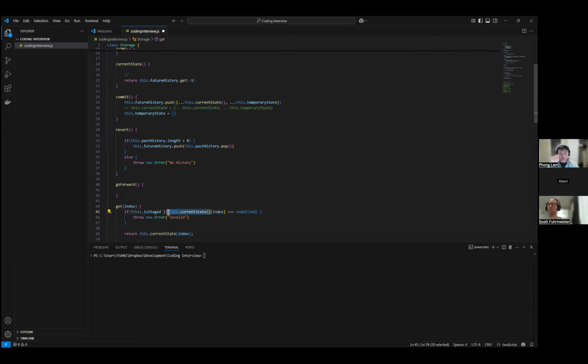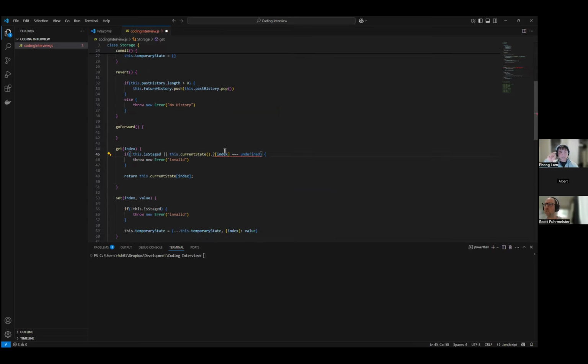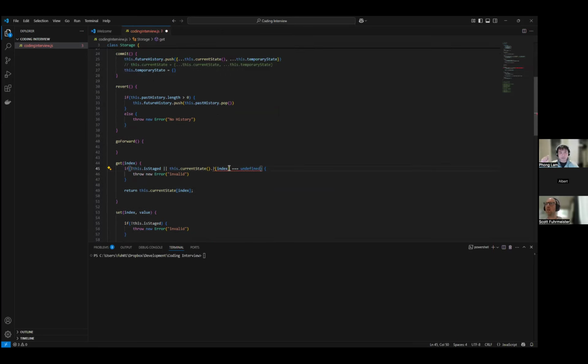You can also do dot question mark after the call, right there, and you'll be fine. You have to index, because current state will get you an object that you need to index.